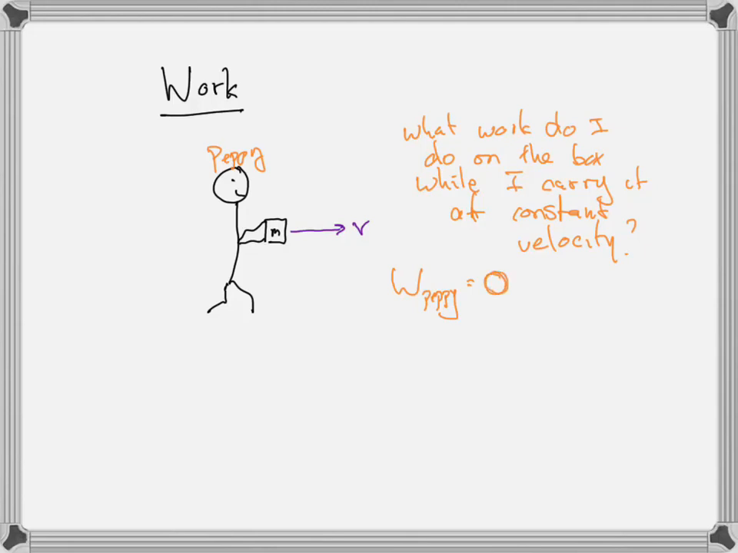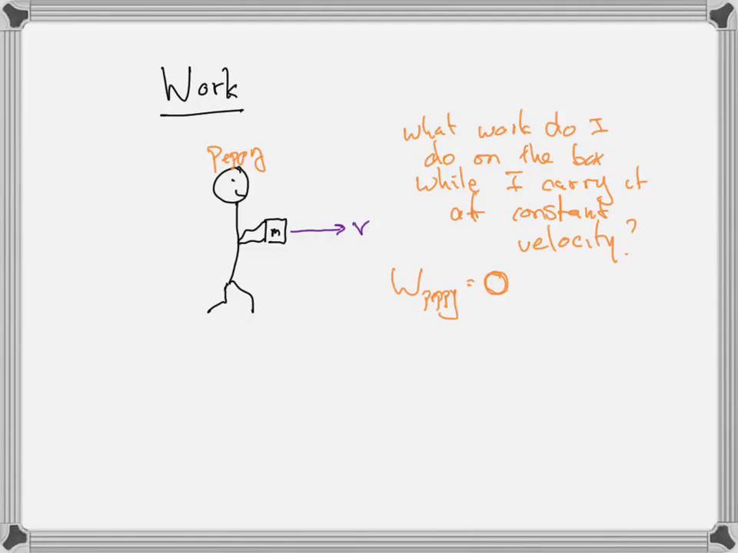But how could that be? Peppy must be expending energy to move the box. Peppy must be expending energy even though it's moving at constant velocity. Hey, how do I know Peppy's expending energy? Because Peppy's working up a sweat. In order for Peppy to keep on moving the box, Peppy's got to eat some food, right? Eat a couple of donuts in order to get the energy to keep running with that box, right? So Peppy is expending energy, but Peppy is doing no work on the box while Peppy moves it at constant